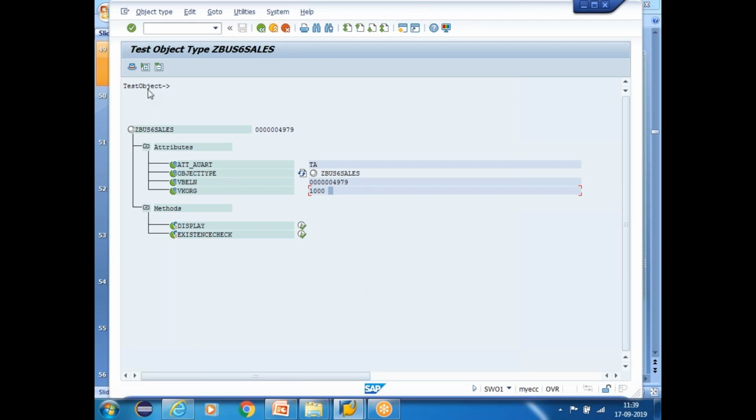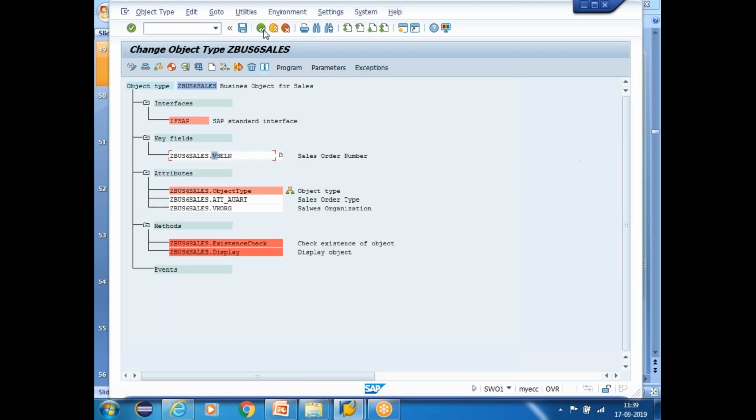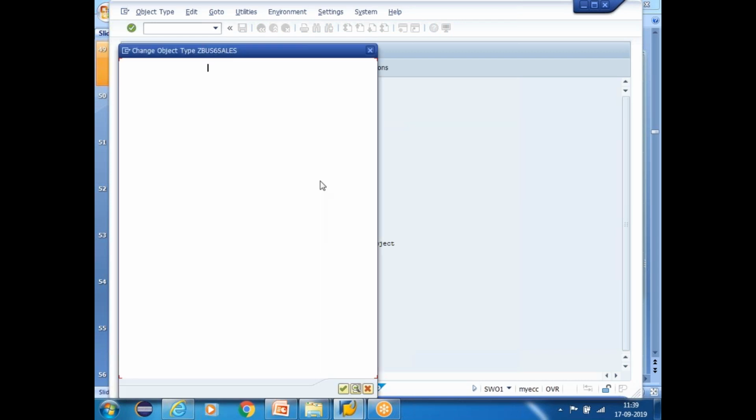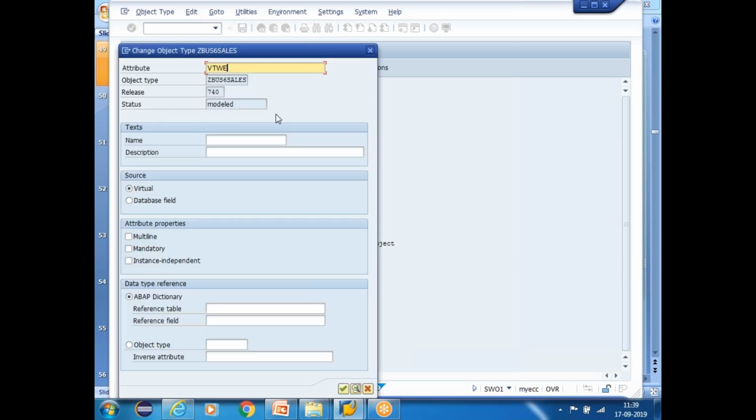So this is the class. It is instantiated. It brings the values from the table VBAK. It gives me the value. So maybe let us implement some more things now. I have just given an example. And guys, this is my attribute AUART and VKORG. Maybe I am going to create more attributes. Create the attribute, and my next one is VTWEG, my distribution